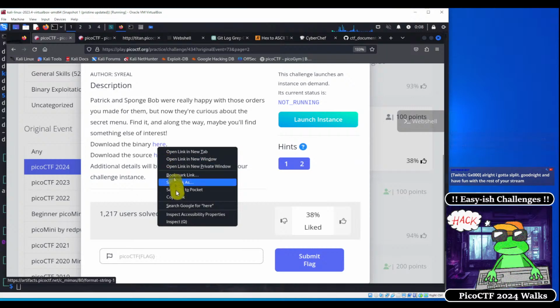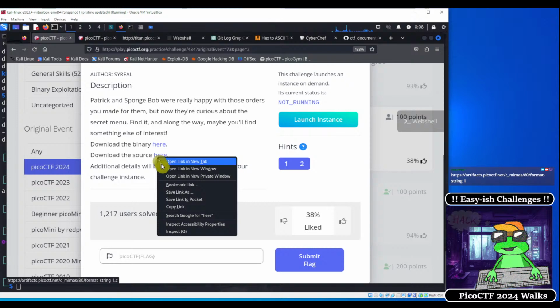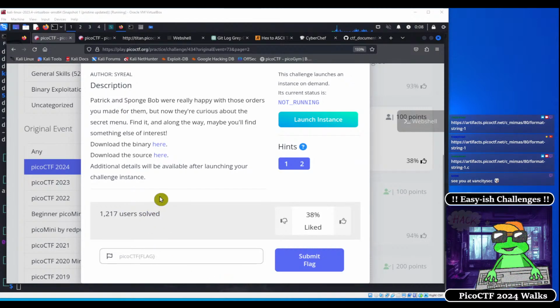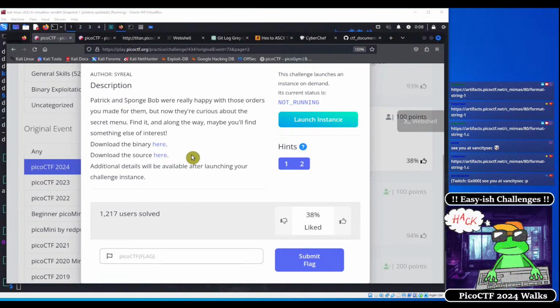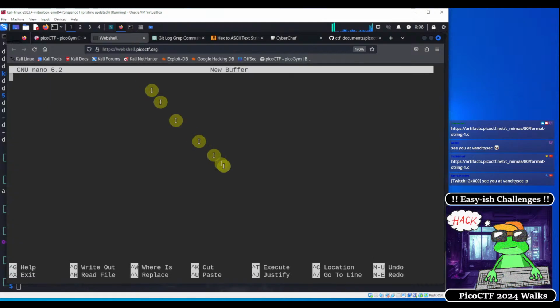Okay, so you can download the binary here. I'm going to copy the links out to chat to everybody who's following along with us. Okay, and for this we're going to be working inside of our PicoCTF web shell. So I'm going to move over to the web shell,